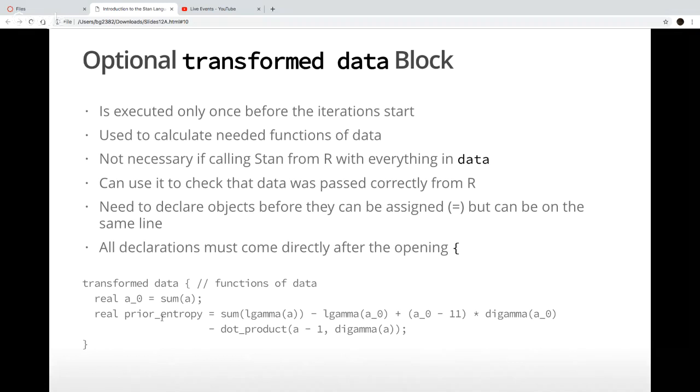So you can think of being inside a block like transform data as kind of like being inside a function. Although you can use the simplex type and other things like that, in which case it'll check that the thing you say is a simplex actually is a simplex. That's another way to avoid some programming bugs and mistakes on your part, to declare things with restrictions on them if those restrictions apply. Questions about the transform data block?